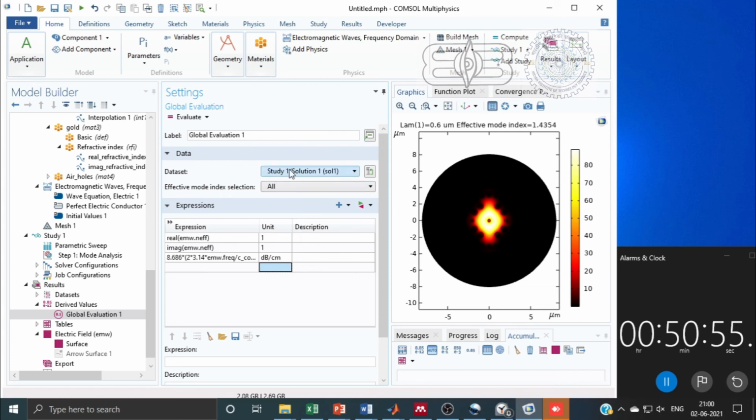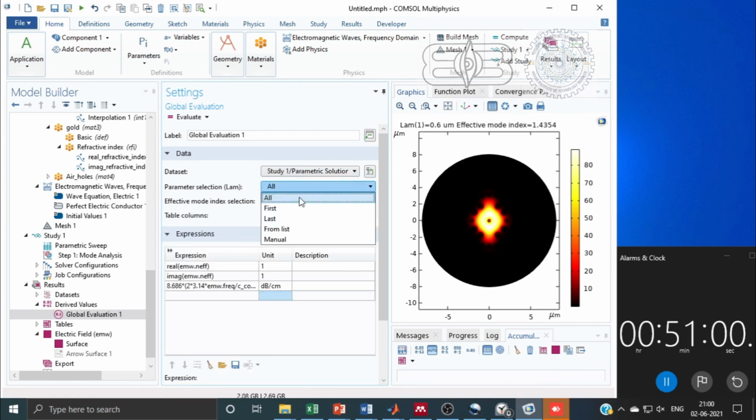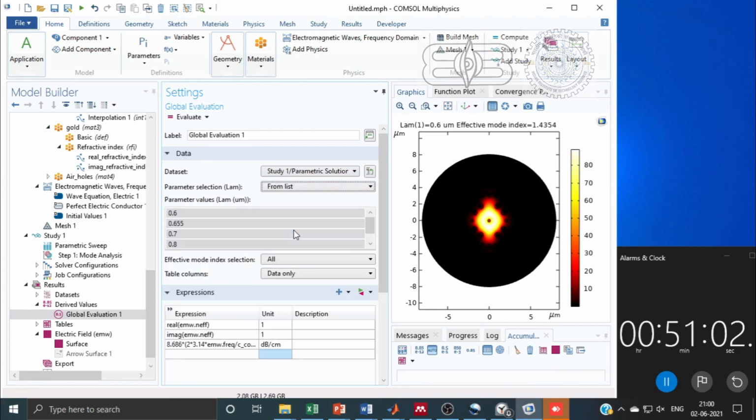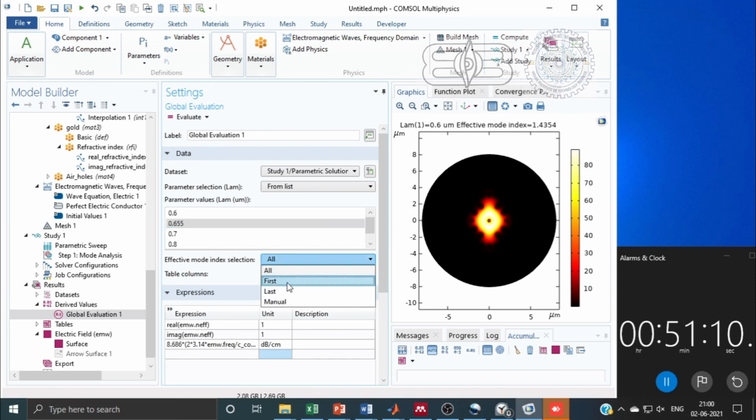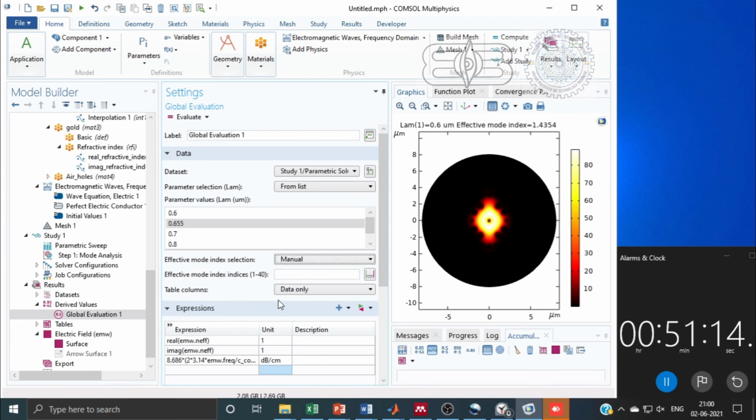Now we will calculate it for our desired modes. So for that I have selected parameter from list, lambda value 0.655 from the list, and here also we will add manually. We can create this for all also.